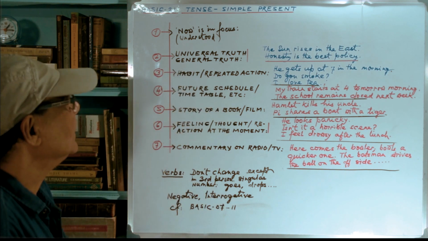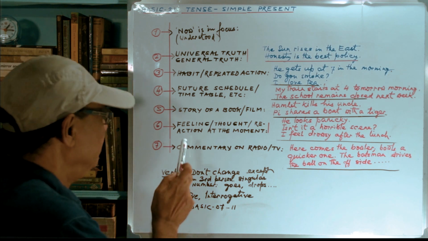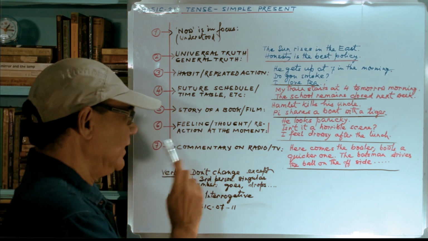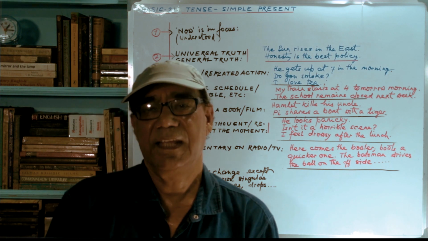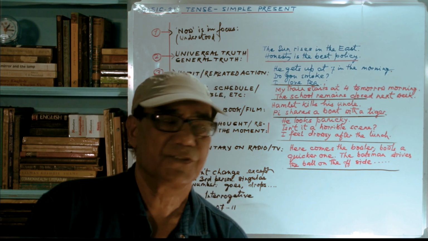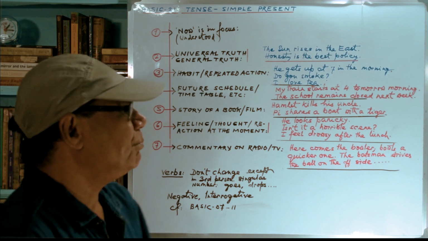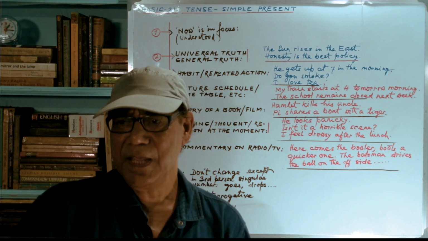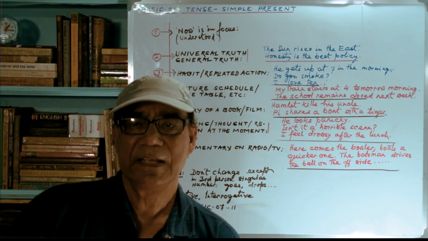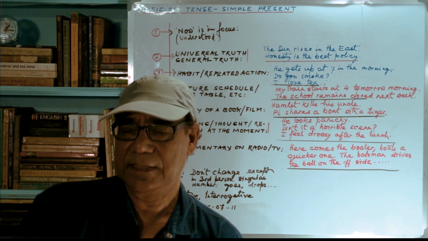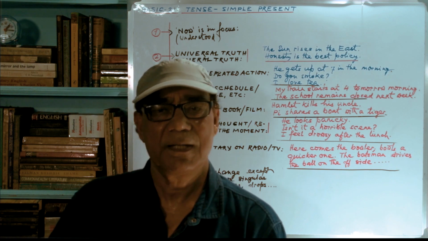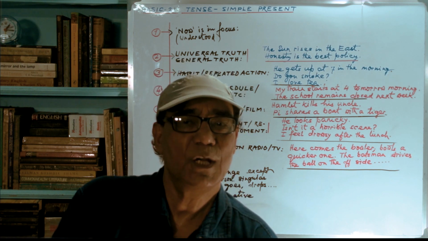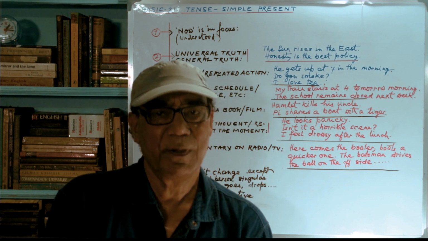Now, anything else? The verb associated with feeling, thought, reaction at this moment, that is also stated in this format, that is simple present tense. For example, he looks panicky. It is my impression, it is my feeling that he looks panicky. Maybe "he is looking panicky" may be more appropriate, but I don't say that. I say he looks panicky. This format is quite good.